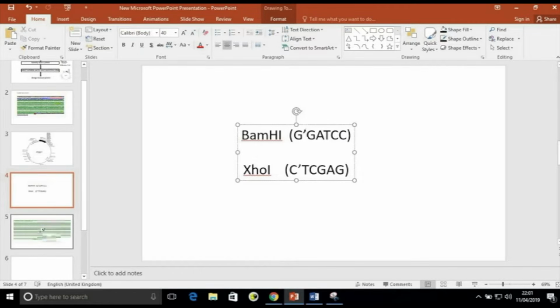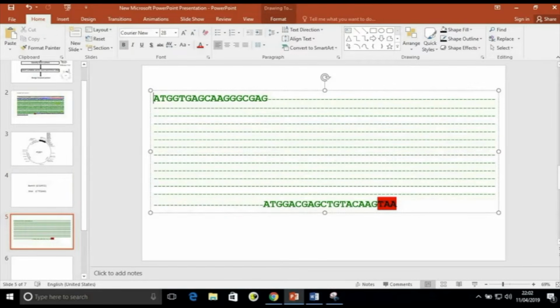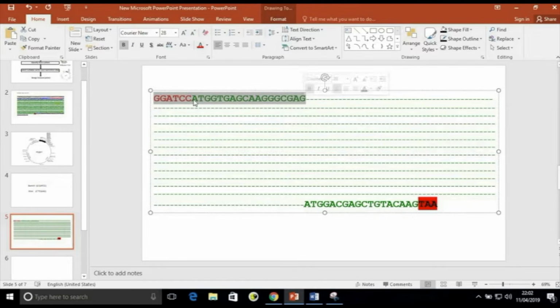Here it cuts, so I can use this sequence here. This is our restriction enzyme. Here it will cut, so we cannot simply give it like this.